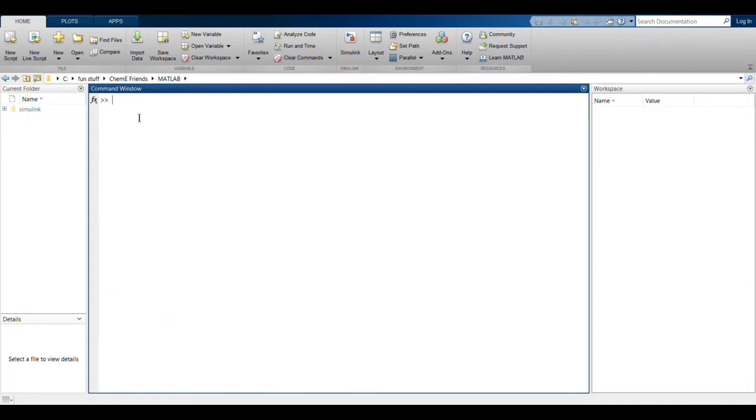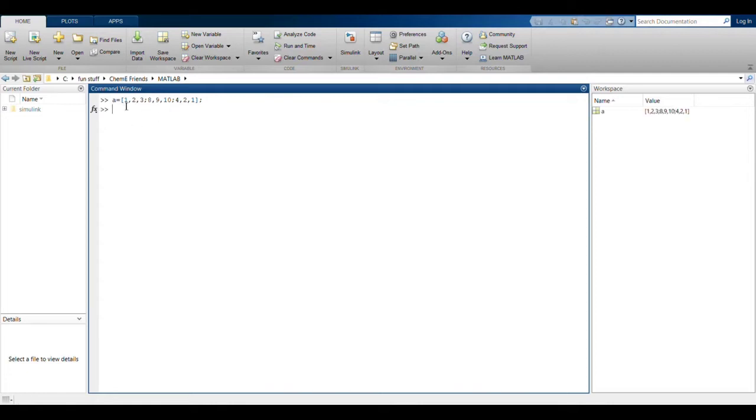Okay, so let's write another 3 by 3 matrix, which is A equals this. I might not have said this before, but if you use a semicolon at the end of your command, your output gets suppressed. So for example, I press enter now.